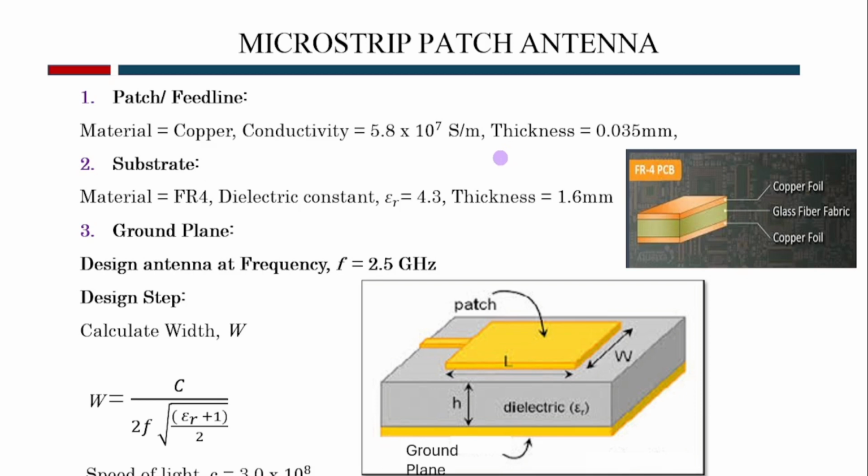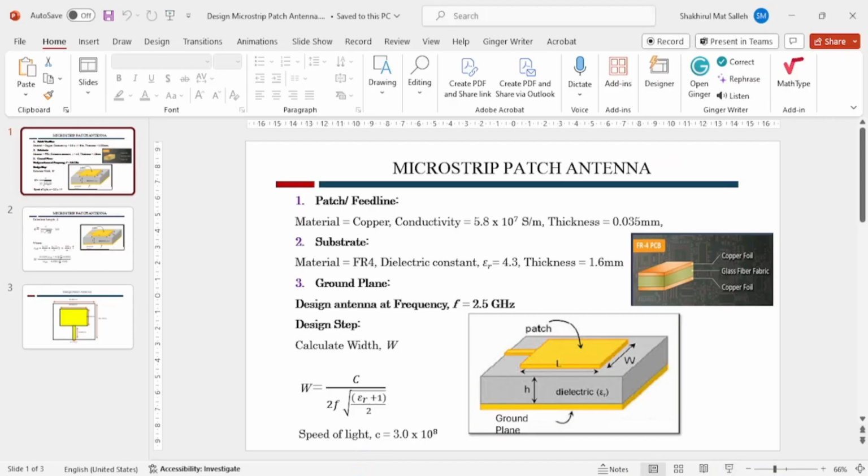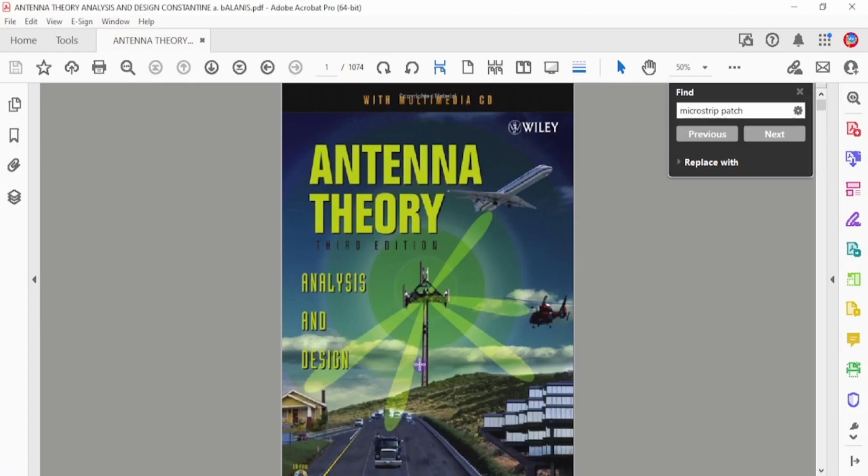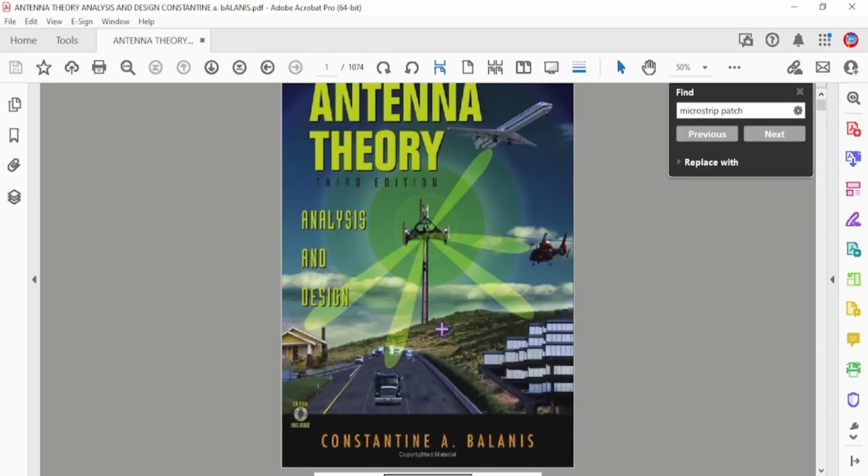Next, let's say we're going to design our antenna at 2.5 GHz. Now we can use this formula to find the width of the patch. This formula we can get from the book Antenna Theory: Analysis and Design. If you look at the chapter on the microstrip patch antenna,